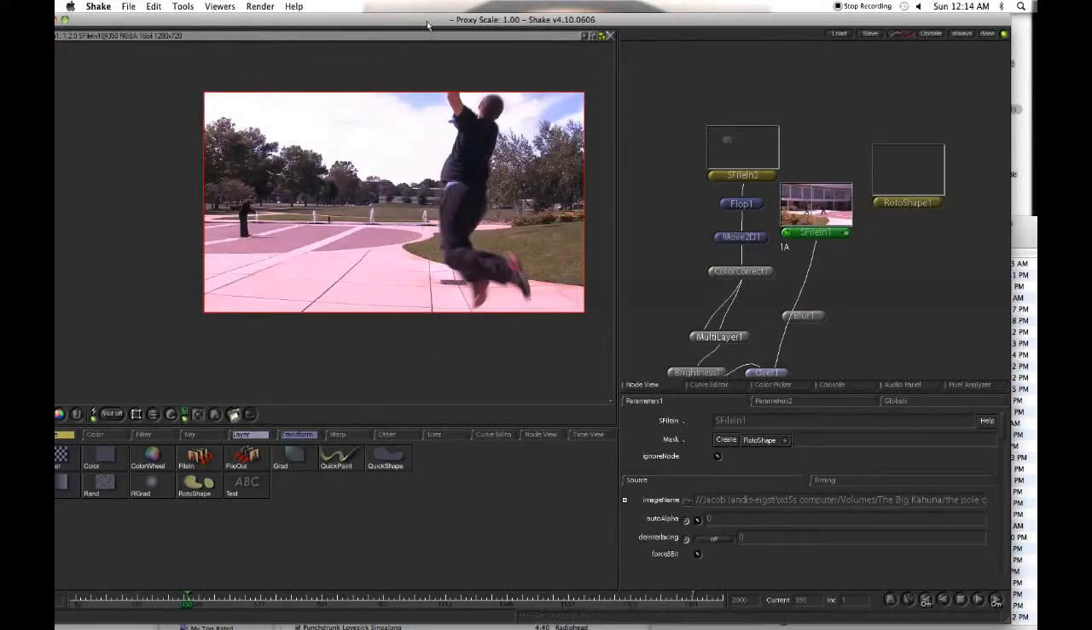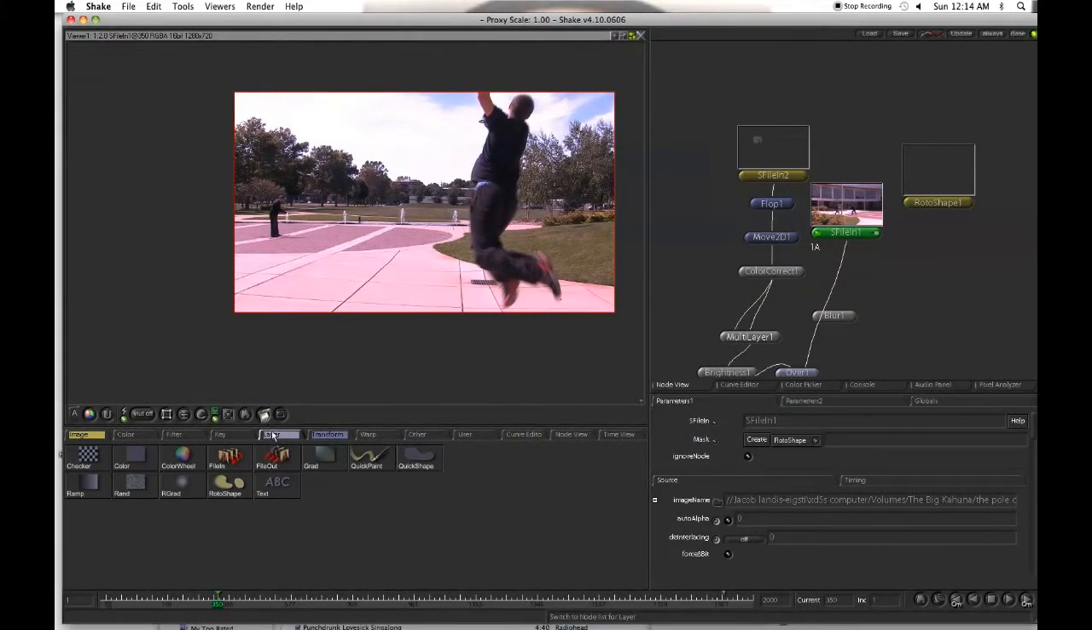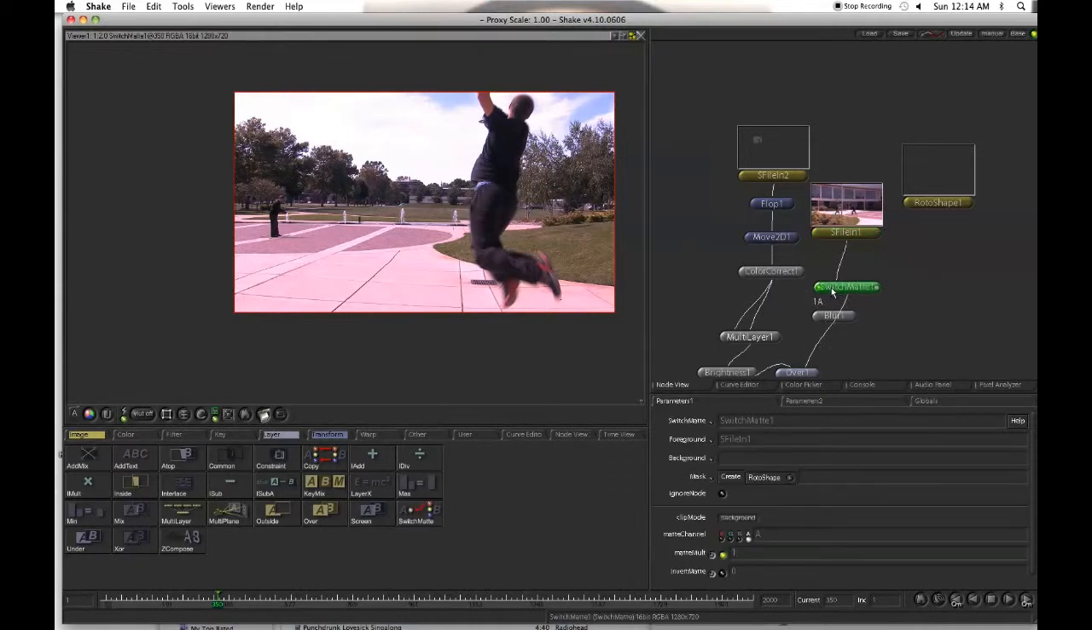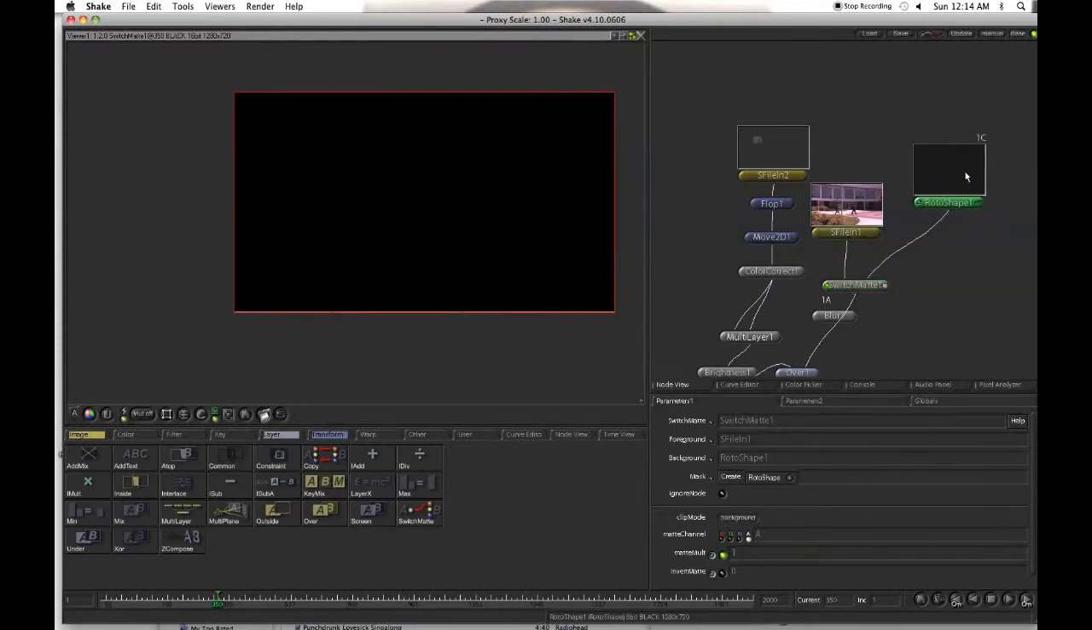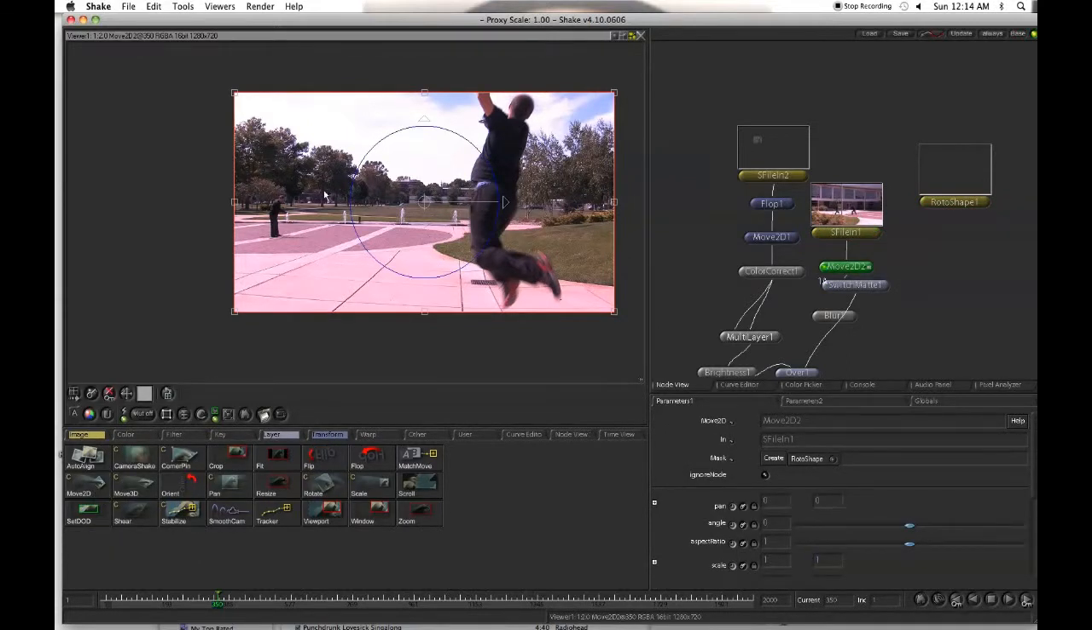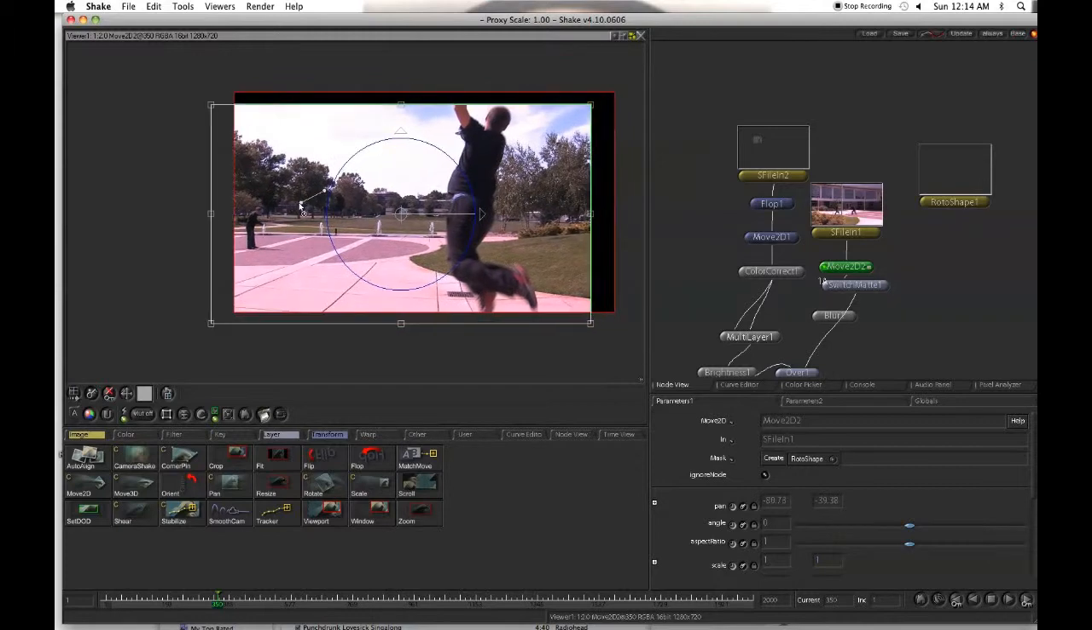So the tool I use a lot, well, there's two. You can use KeyMix, but the one I use the most is called SwitchMatte. And really what that does is it lets you put your clip in here and your roto shape in there. And why this is really nice, let's say you add a Move2D node, move it around a bit,